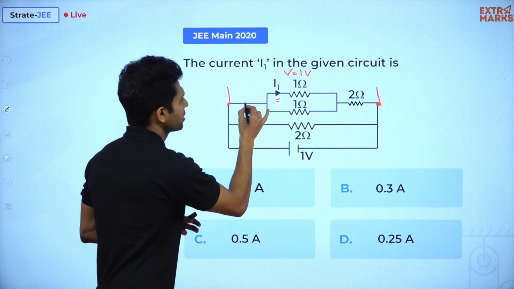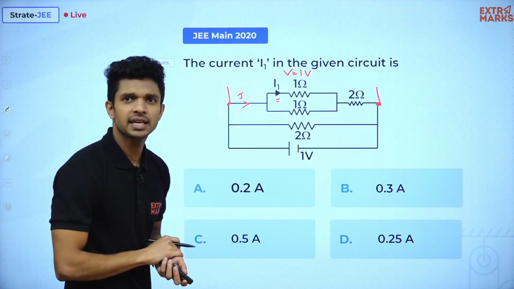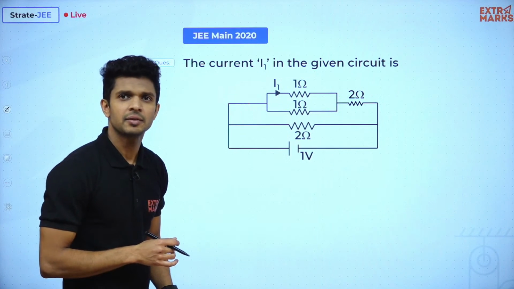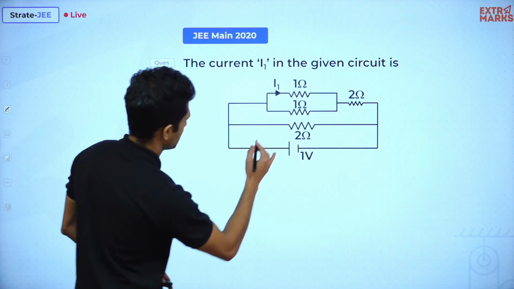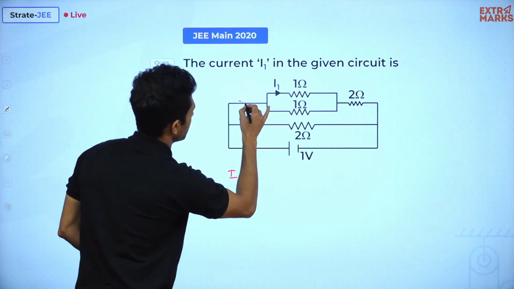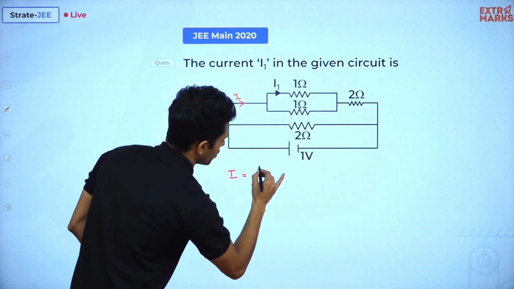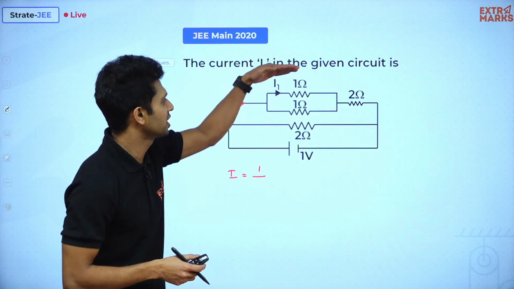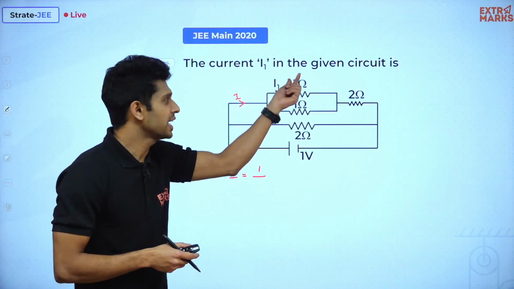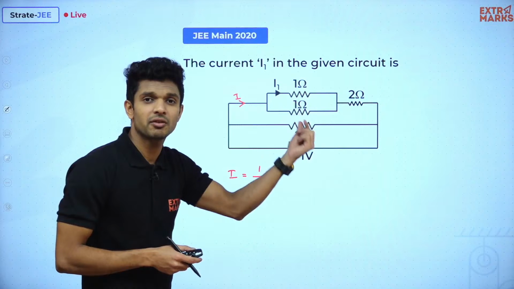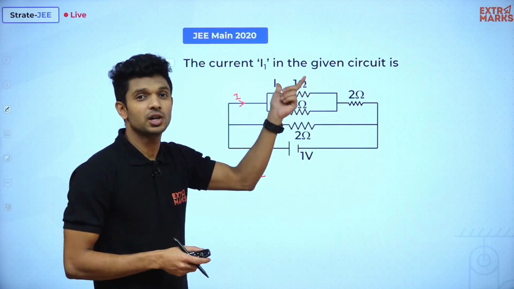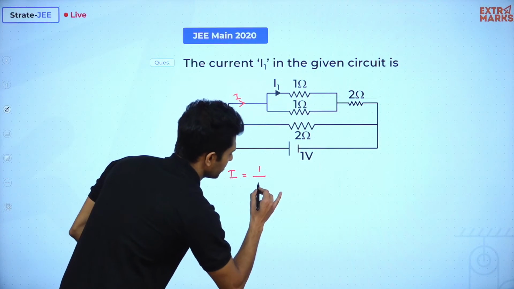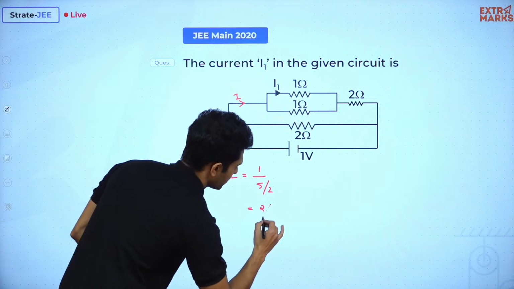So actually we can find out the net value of the current passing through here. कैसे? Tell me. I is equal to 1 divided by equivalent value of resistance, right? So let's find that out. So yes, answer will be the value of I. We already have marked this as I. So I is equal to 1 divided by equivalent value of resistance. We can do the calculation of resistance from here itself. 1 and 1, right? In parallel. So 1 and 1 in parallel, how much is it? Okay, 1 by R is equal to 1 by 1 plus 1 by 1, that is 2. 1 by R is 2, so R is equal to half. Half plus 2, so 2.5 or 5 by 2. So this is equal to 1 divided by 5 by 2, that is equal to 2 by 5.